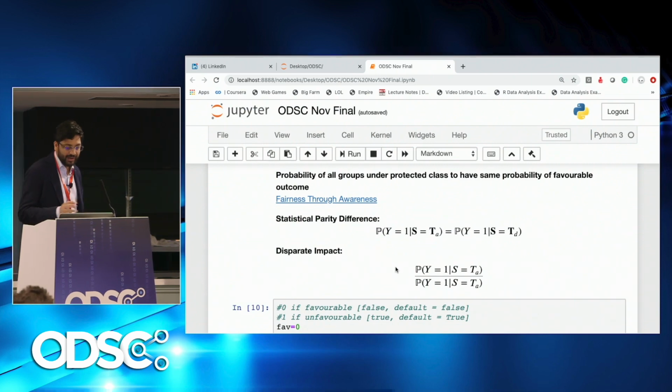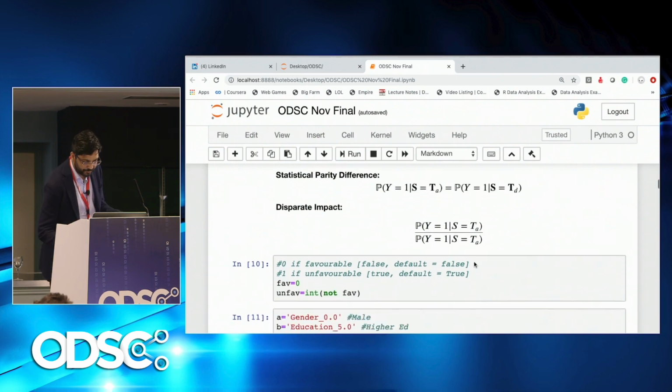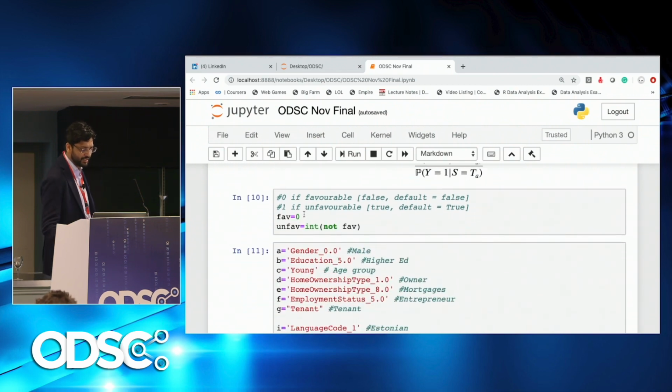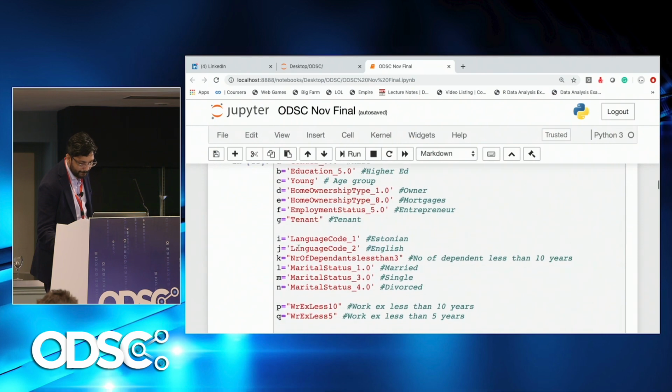So how do you define that? The first part minus the second part should be 0, or the first part divided by the second part should be equal to 1. Both should be equal, right? So here my favorable group is 0 and unfavorable group would be the opposite, which is 1. And these are my